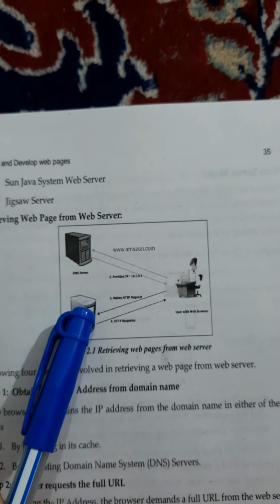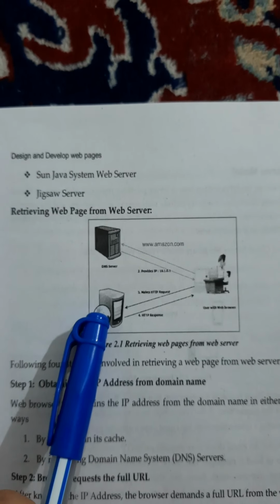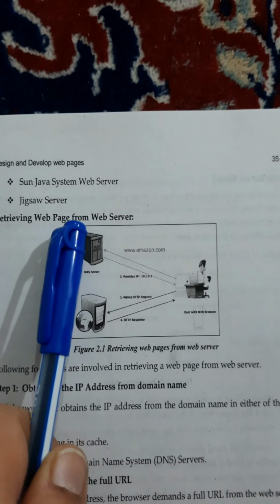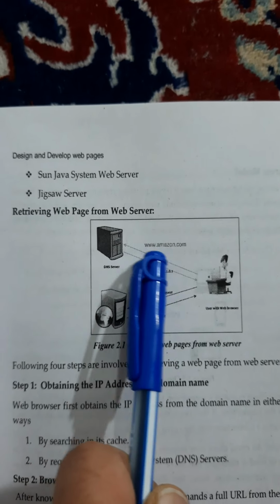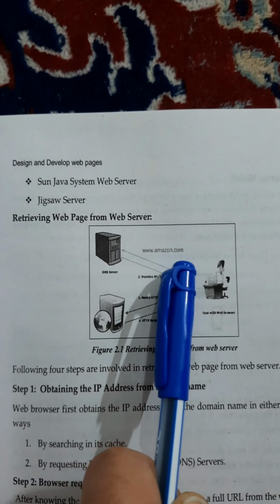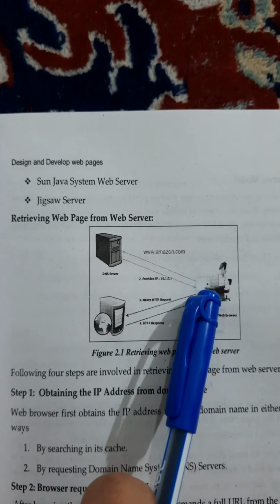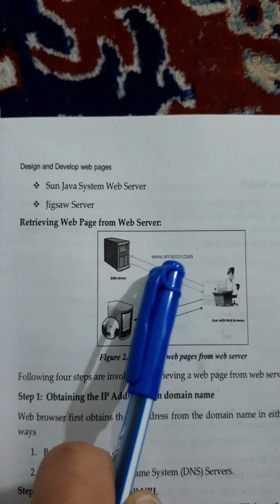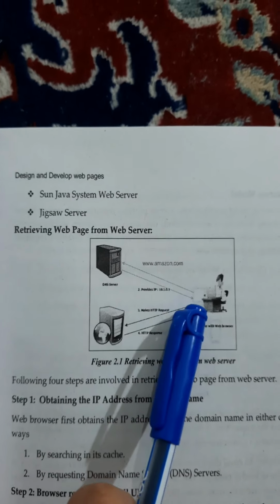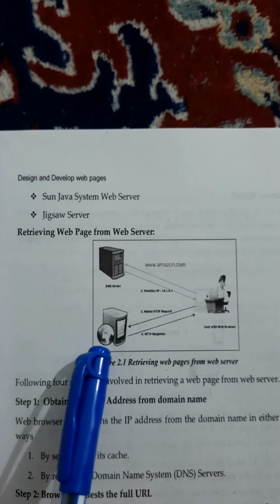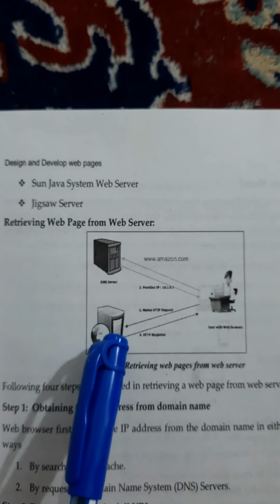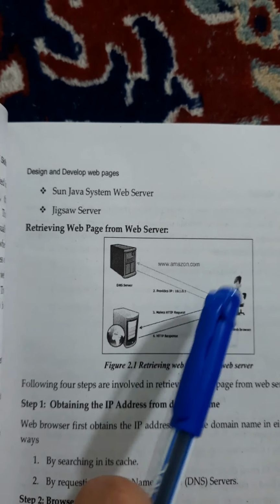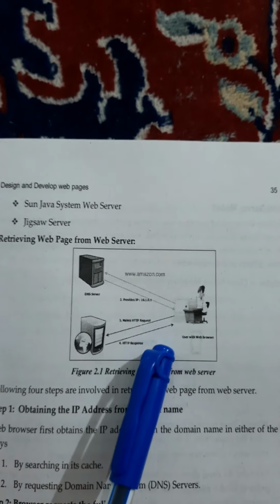See, a web server always wants IP address to give you the data. But it is not comfortable for us to remember the IP address. It is easy and it is comfortable to remember a web address like this. For example, Amazon.com. So when he searches for Amazon.com, the query will go to the DNS server. DNS server will give the IP address for this website. Then from that IP address, your computer will access the web servers and give you the data. And this is known as HTTP protocol. The communication from web browser is always through HTTP protocol.